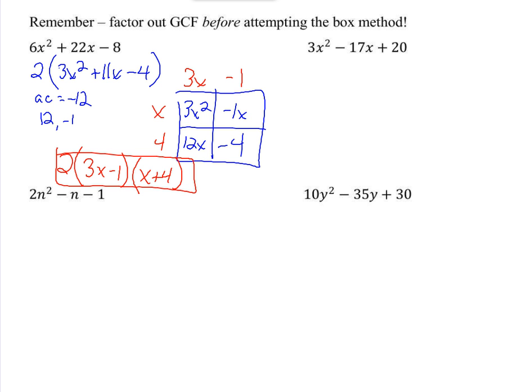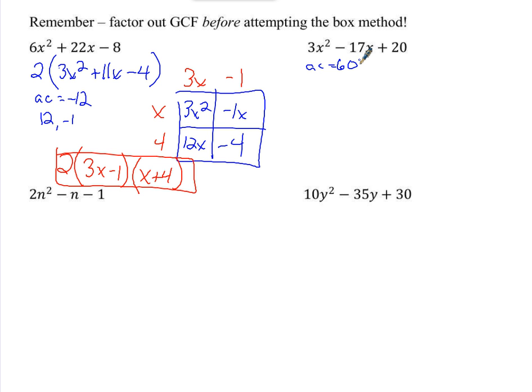So just continuing on from last time, let's take a look at that one to the right that we did to end class last time. What do we need to do first? Look for a GCF. So I'm looking at the 3, the 17, the negative 17, and the 20. Is there a GCF there? No. So I don't have a GCF to factor out. Do AC